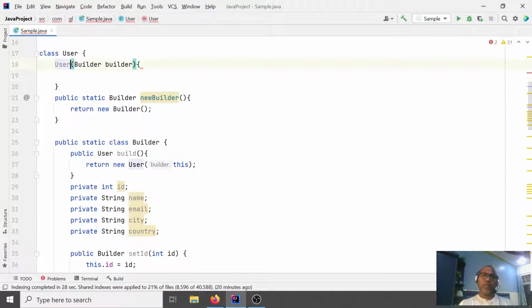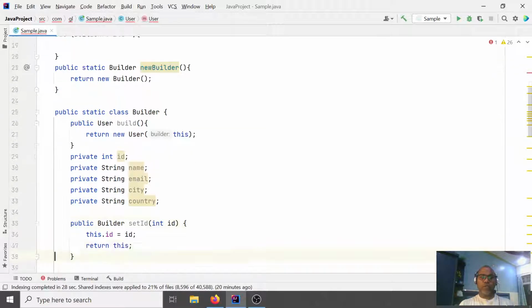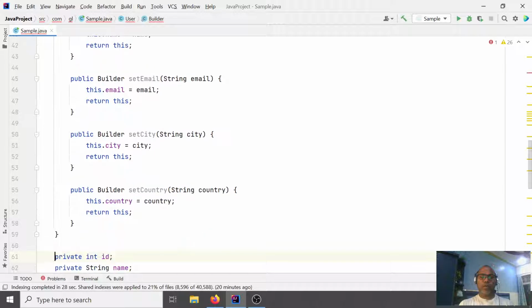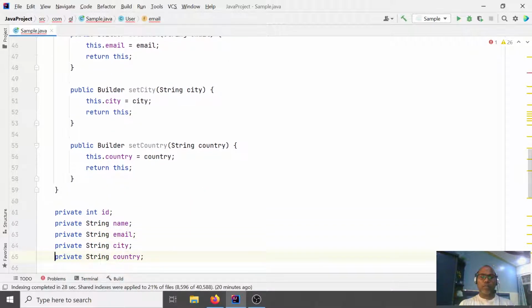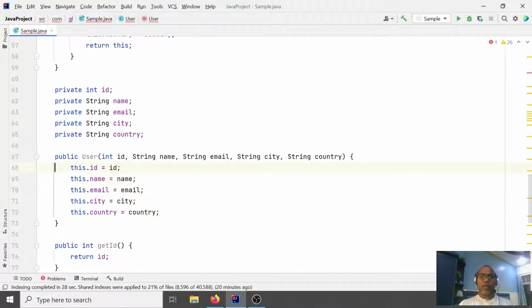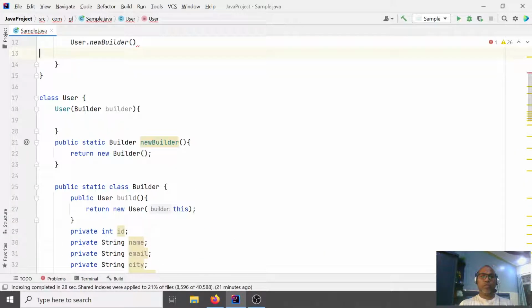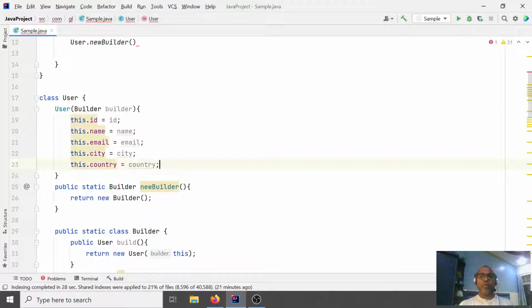Whatever it looks like here, you have done in the constructor like this. Similarly, you have to set all the attributes from the builder object to here.